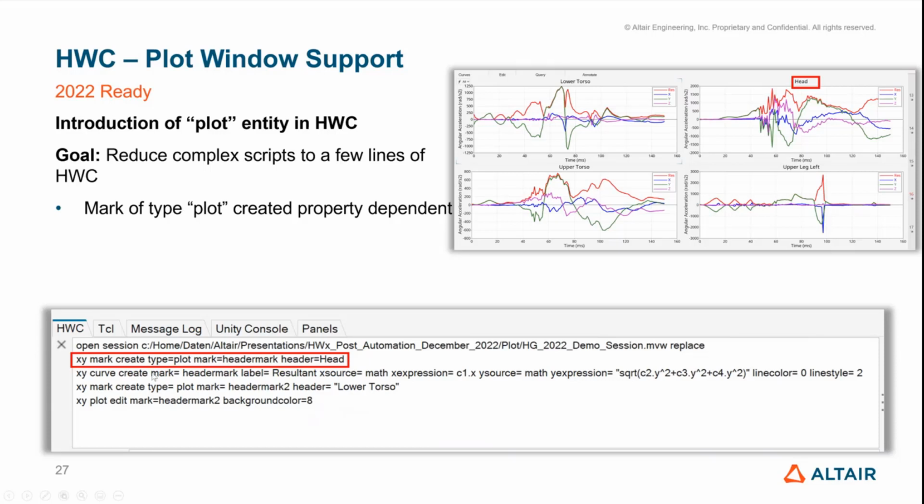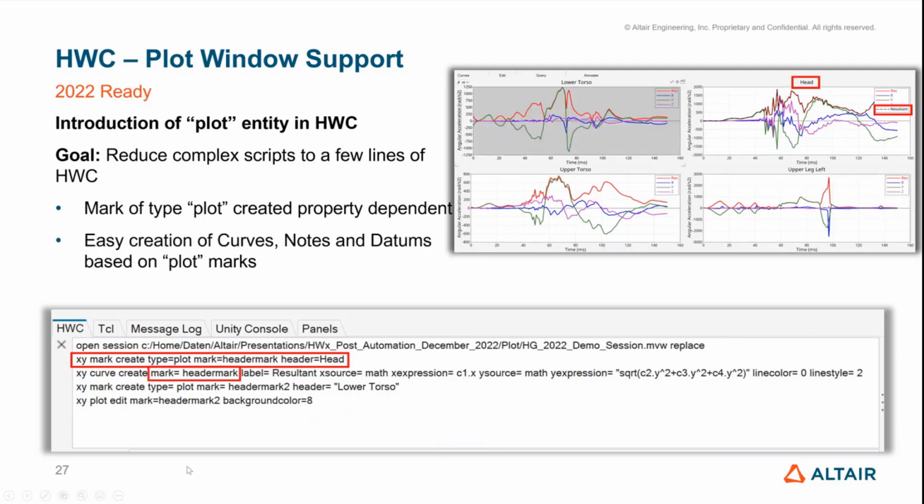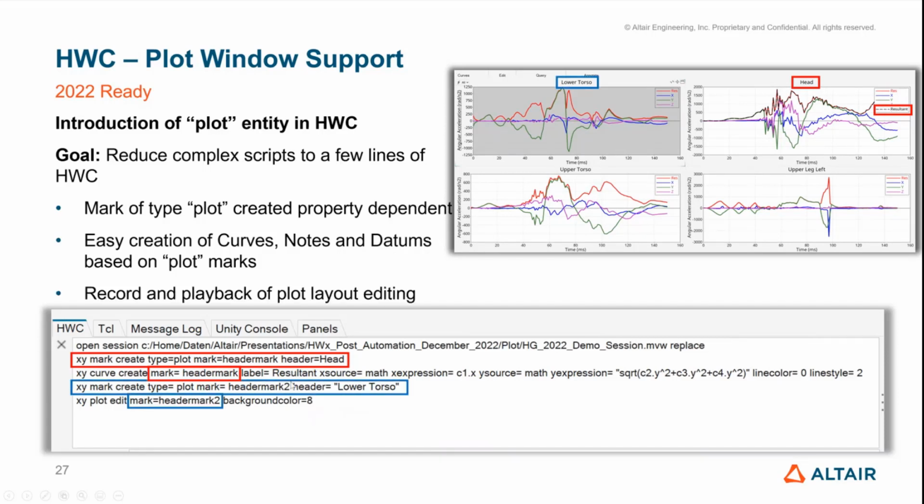Here I said, create a mark with the name header mark, and it should contain all the plots which have the header head in it. And then I say, with this header mark, add a resultant curve. Here you see, add a resultant curve on this one. And then I say,